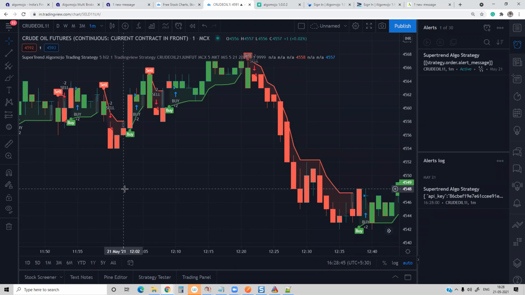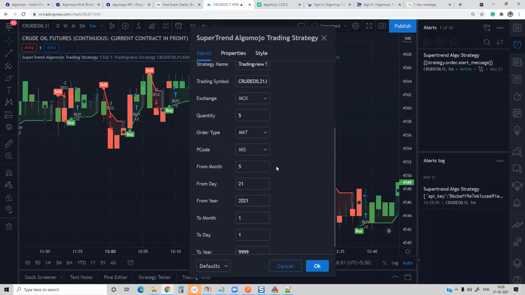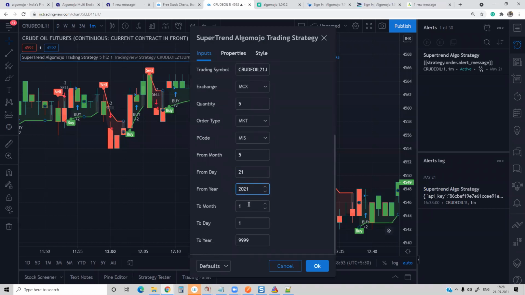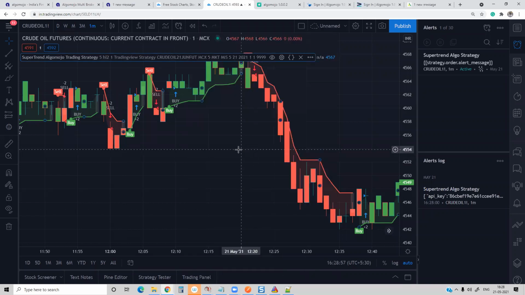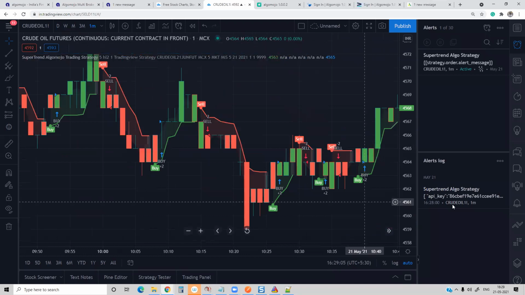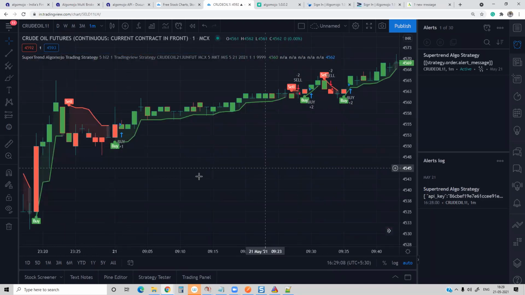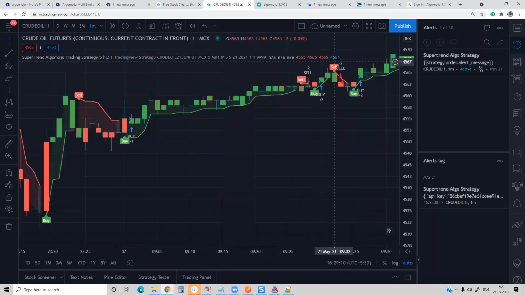But if you are starting fresh on the first day, all you have to do is go and do the settings configuration, and ensure that you set today's date, everything. Once you're done with that, you have to create a fresh alert. This has to be done before the morning itself. Only if you do it before the morning, the first trade will always be only one trade. As I said, the rest will be like +1, -2, +2, -2, +2 like that. The first signal for the first day will always be 1 time the quantity.